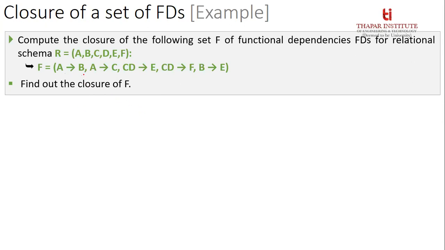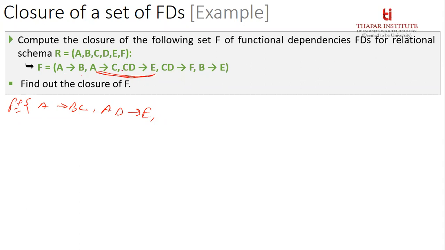देखो A tends to B है, A tends to C है, तो ये क्या बन जाएगा नया? क्या आ जाएगा? A tends to BC और क्या मिल जाएगा? AC एक बना सकते हो ना? AD tends to E आ जाएगा एक यहाँ दोनों से. आप pseudo transitivity लगाओगे ये मिल जाएगा. ठीक है.